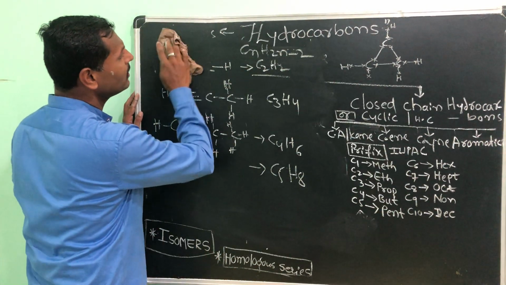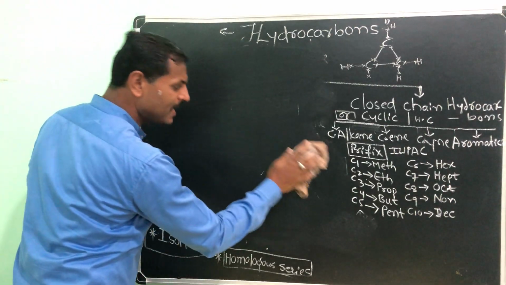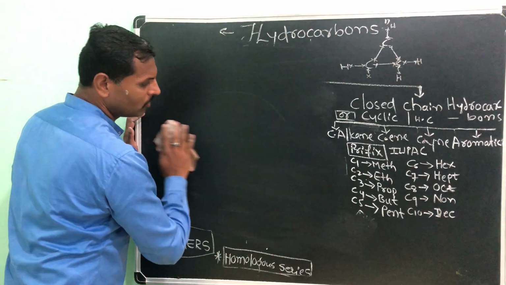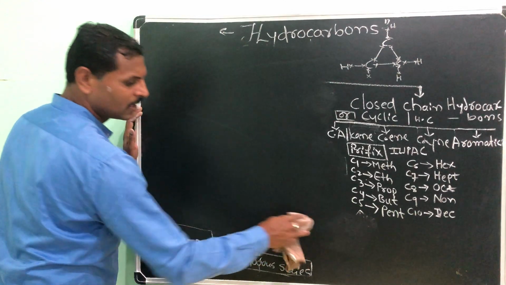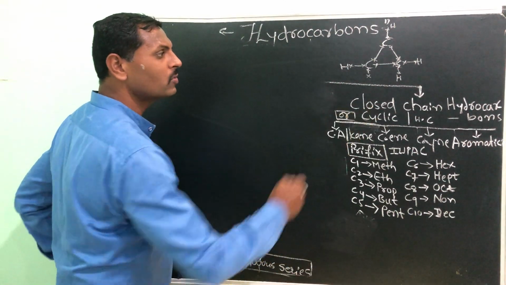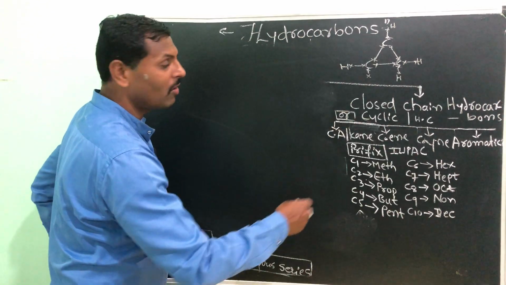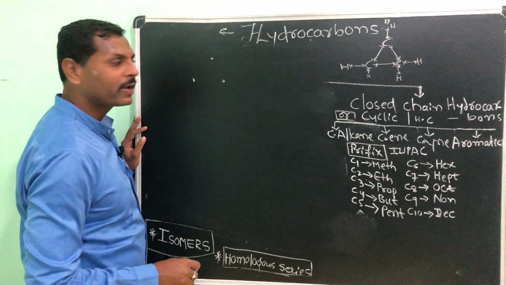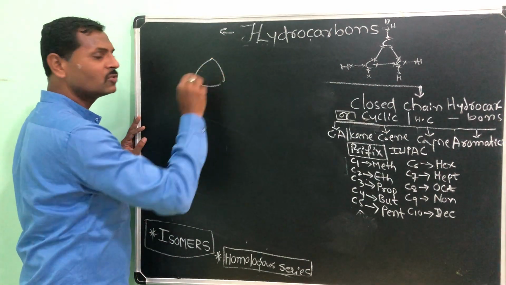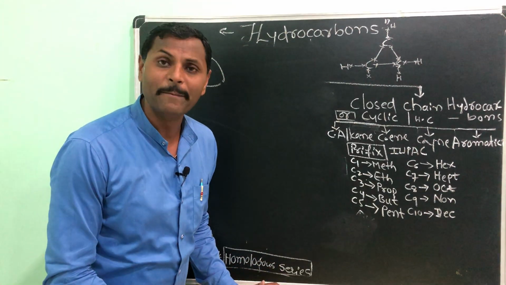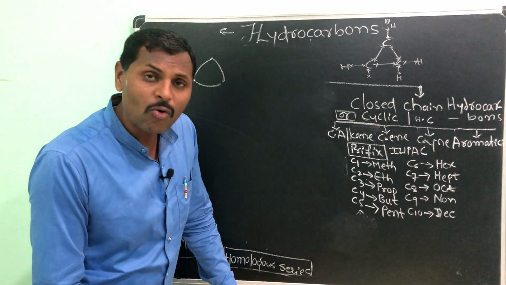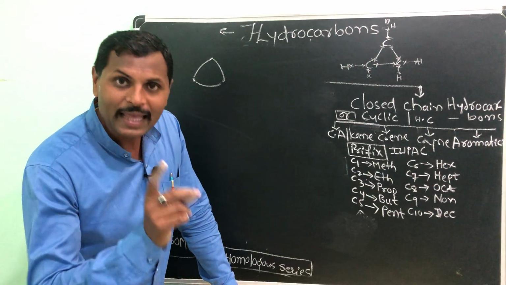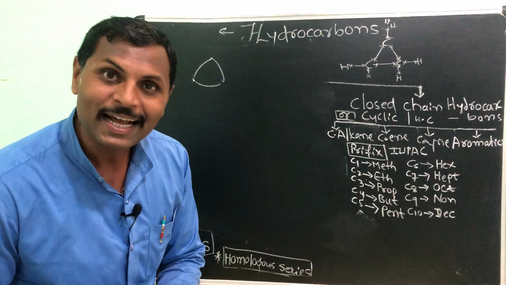All the open chain hydrocarbons are over, even the naming is over. Prefix and suffix we use on the basis of which numbers, which atoms, that also we have discussed. Now let me tell you about the closed chain hydrocarbons. We call these cyclic. To make a cycle we need a minimum of 3 points. That's why in cyclic hydrocarbons a minimum of 3 carbons has to be there, just as in alkenes and alkynes a minimum of 2 carbons has to be there.